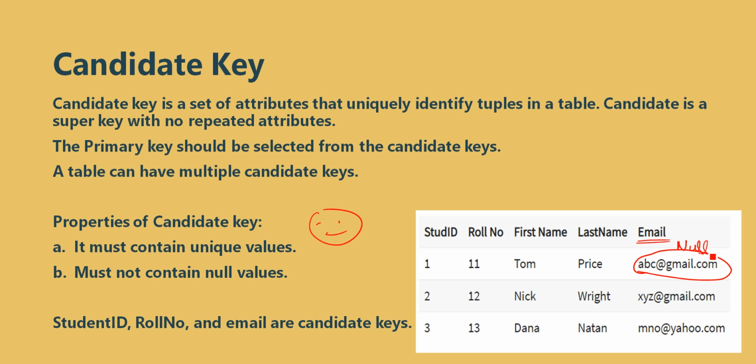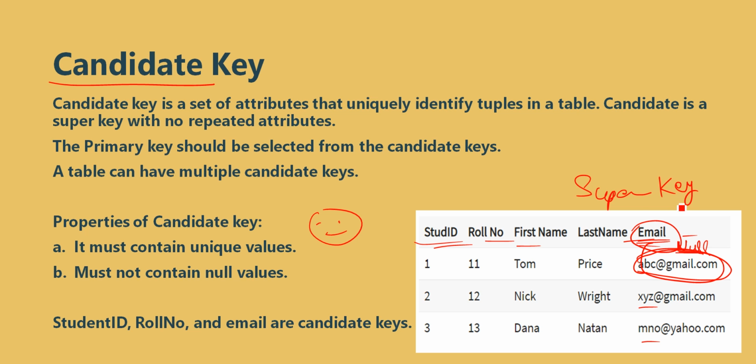Null means don't know. So it is possible that there will be a student who does not have any email ID. But still this is termed as a super key, because null is also unique. Only one student has the null value. Other students have their email IDs, right? So it is still termed as a super key. But in the case of a candidate key, this email ID is not going to be considered.